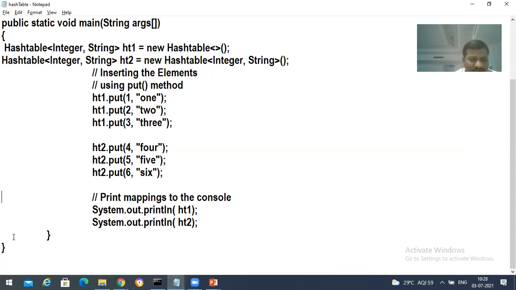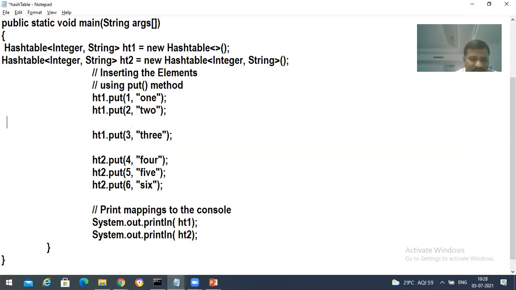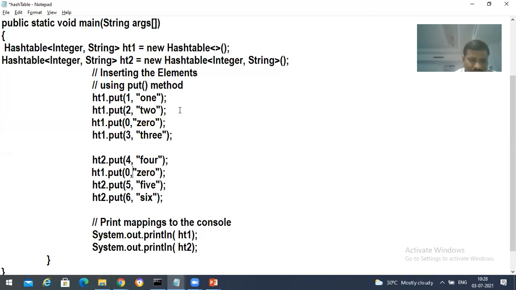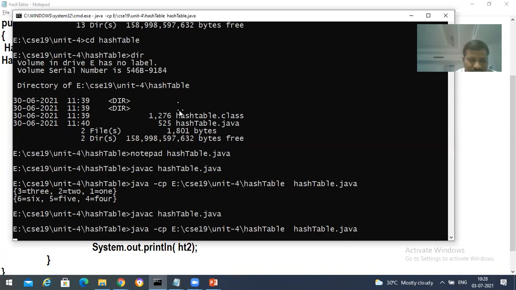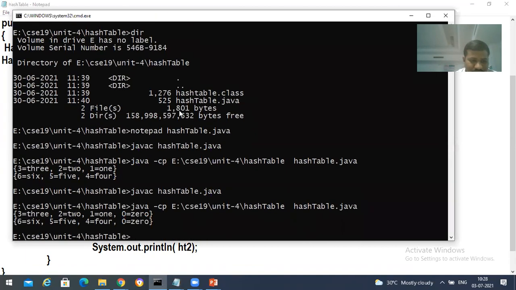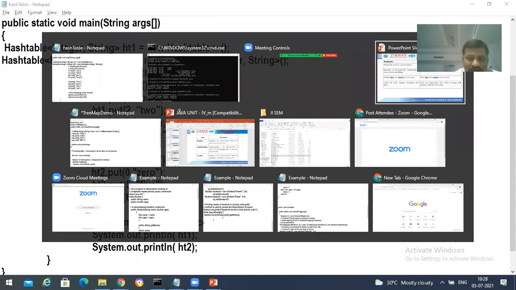That means it's coming in somewhat different way. The descending order we are getting over there.